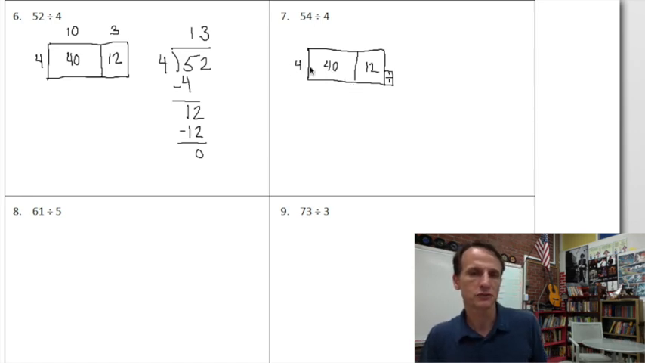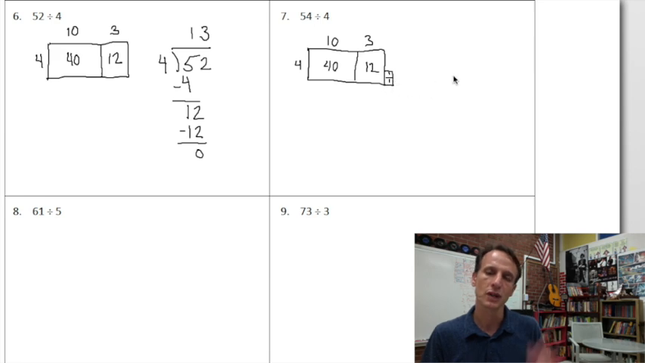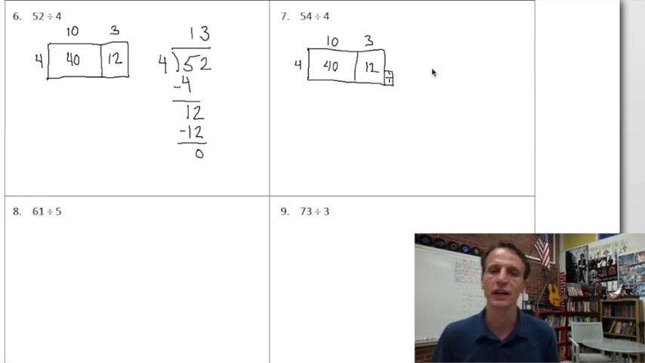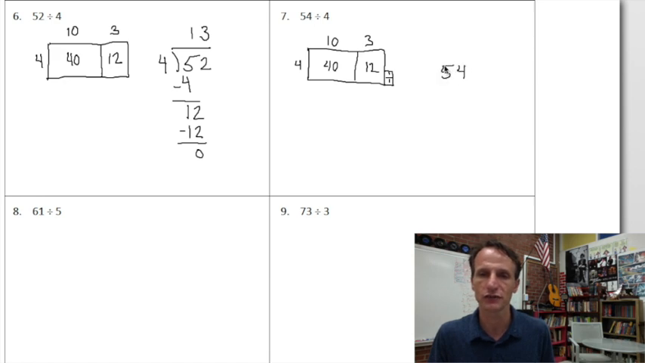So 40 divided by 4 is still 10, as it was in the last example. And 12 divided by 4 is still 3. So we again get the quotient of 13, but you see here is the remainder of 2, and that's of course exactly what we'll find when we go ahead and do this with long division when we say 54